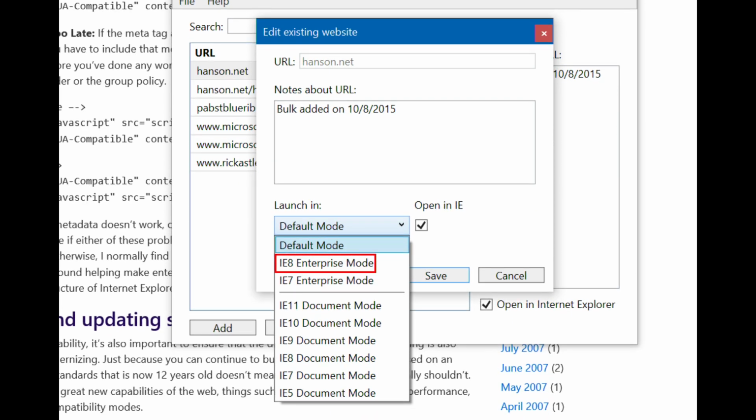And this is what we used to have. And we're going to cover all, make sure we kind of tie this whole thing off and everyone understands these configurations. IE8 Enterprise Mode is what we used to just call Enterprise Mode, which used to be on or off, and now it's just one of many. And we say, well, here we're going to give you opportunity to access all of the different documents, the exact same powers the web developer would have. So now I can click them all on. And so if I'm already on IE9 and the web page is running in IE9 document mode,